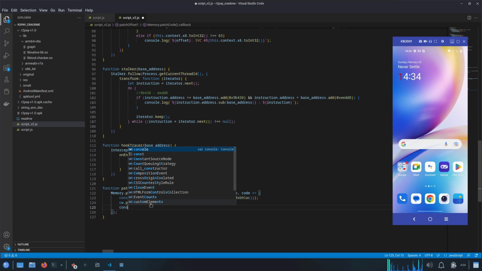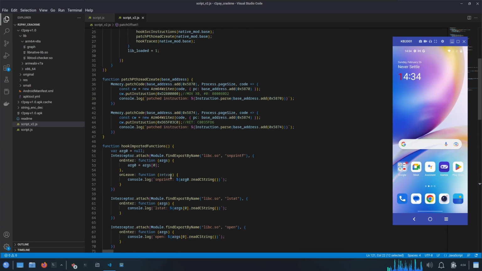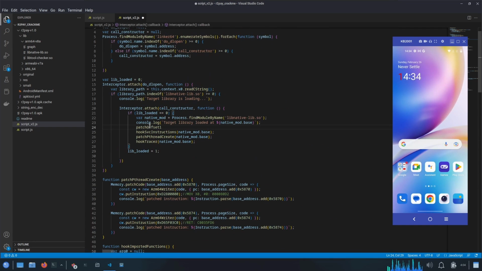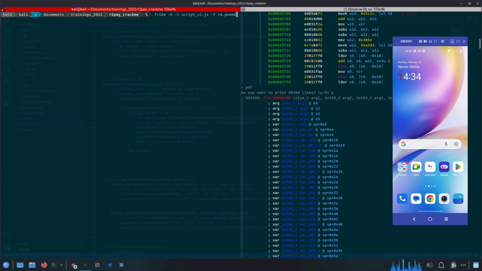Then in the console, just for debugging purposes, we are going to print out the patched instruction like this using Instruction.parse, and our updated instruction is present at this address. Okay, now let's call this patchOffset1 function in our constructor here and pass the base address using nativeMod.base. Okay, let's save the script, go back to the terminal, clear it out, launch it again,